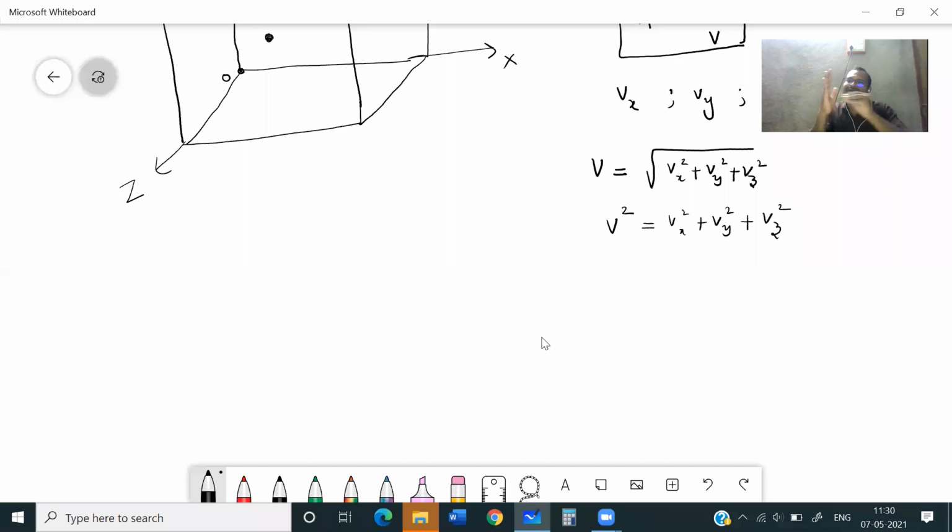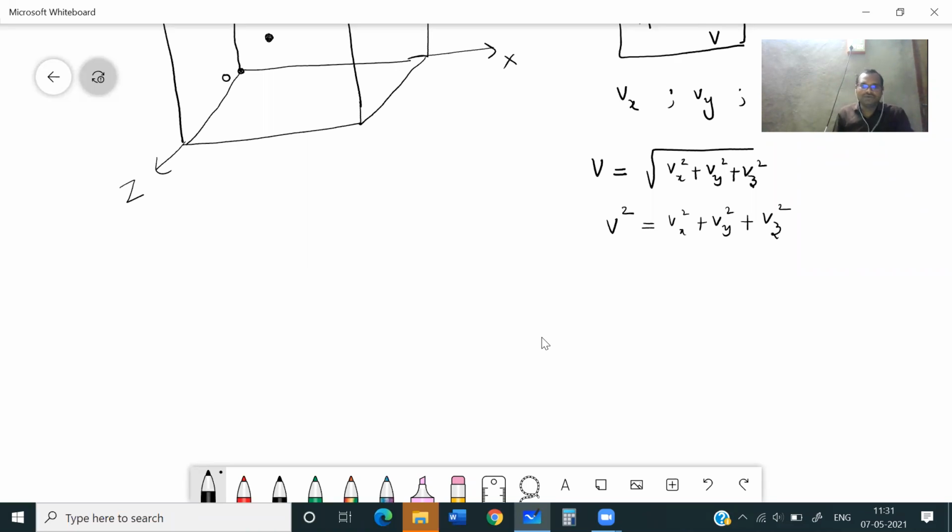This collision, whatever I said, is an elastic collision. In elastic collision, we discussed already: one body, a heavier body, the wall, is at rest. Another body, a small body, is in motion. After collision, what will happen? It will return back with the same velocity.